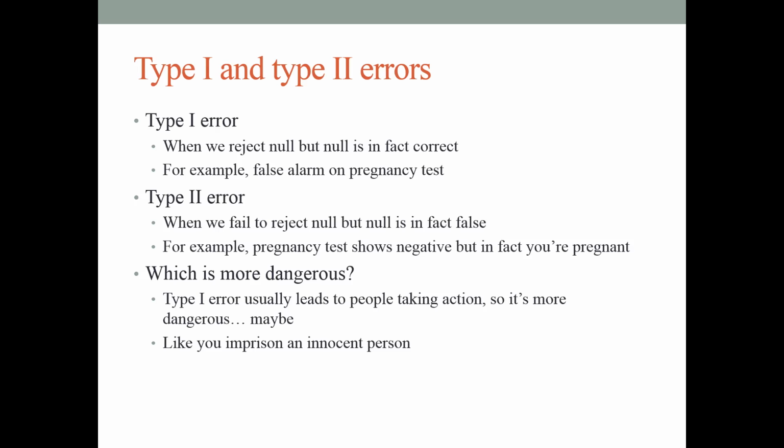Personally, I'm not so sure about that because I can see the danger of type 2 error. So, for example, take pregnancy as an example. You think you are not pregnant, but you are in fact pregnant. You might do something that is harmful to the kids without knowing that. Like you take the medicine, and then you find out, oh, this medicine is not for the baby. Or you let go of a criminal, and that criminal can go out and kill people, right? So you want to tell me that is not as dangerous as this one? I'm not so sure. Okay, but just remember, some people say type 1 error is more dangerous.